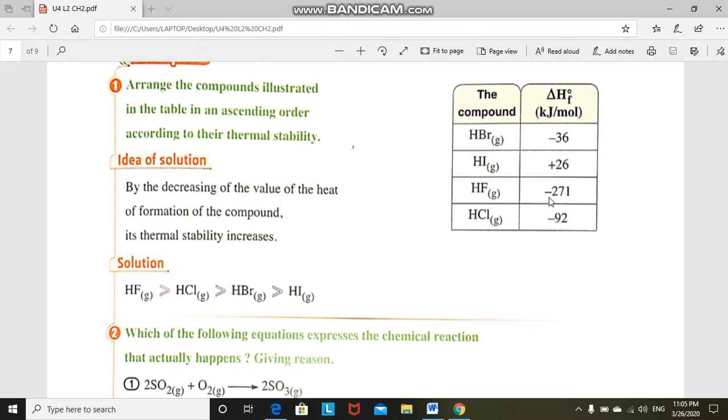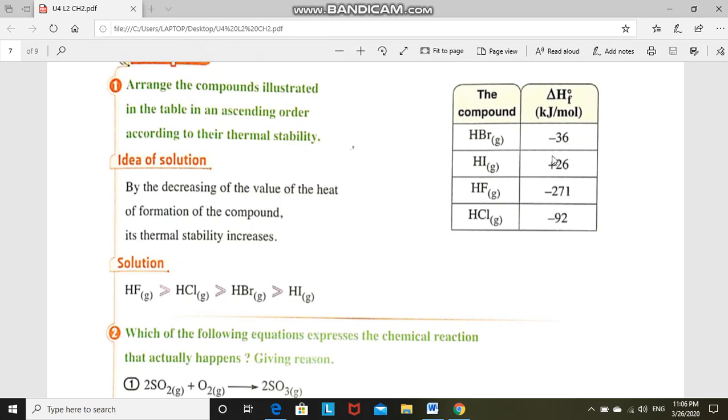So as the value of the heat of formation decreases, the thermal stability increases. How does thermal stability increase? Thermal stability increases as the exothermic reaction comes with a negative sign. So we have here hydrogen fluoride, hydrogen bromide, and hydrogen chloride. But the greatest one in the heat of formation, neglecting the negative sign, is hydrogen fluoride, and less than it we have hydrogen chloride, and the last one